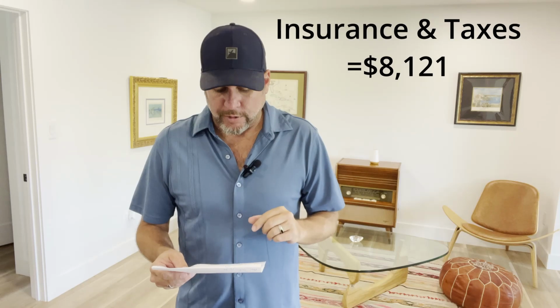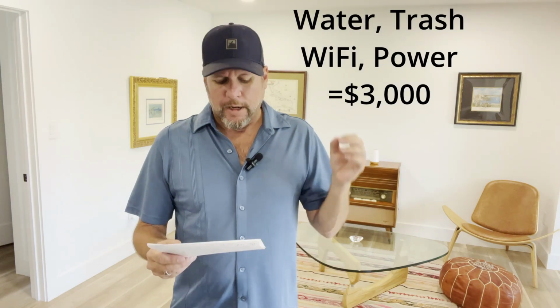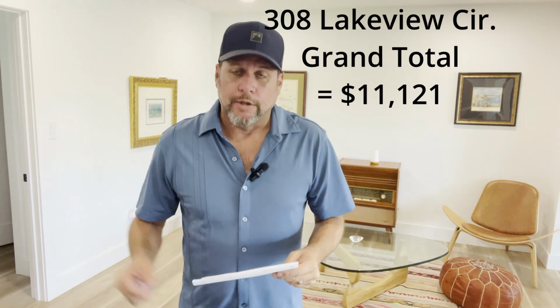$24,330. And then for this house here on Lakeview Circle that I'm standing in, the homeowner's insurance is $6,254. The taxes were $1,867. That is a total of $8,121. And if we add $30 a month for water, $30 a month for trash, $40 a month for Wi-Fi, and $150 for power, that's another $250 a month, which is another $3,000 per year. We add that to the $8,121, and you get a grand total to run this house of $11,121. Okay, I hope this was interesting for you guys to take a look at 3 different properties, and all